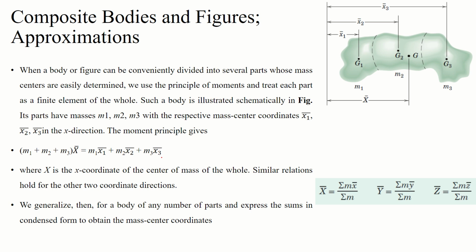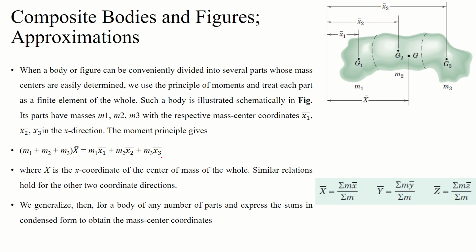Today we are going to further continue with chapter 5. Now we are going to talk about the mass distribution on composite bodies. Now, if you take any composite body or a structure with irregular surfaces, what we can do is slice this body into small parts, and for each small part we can calculate its center of mass, and for that center of mass we can find the distance of the center of mass with respect to